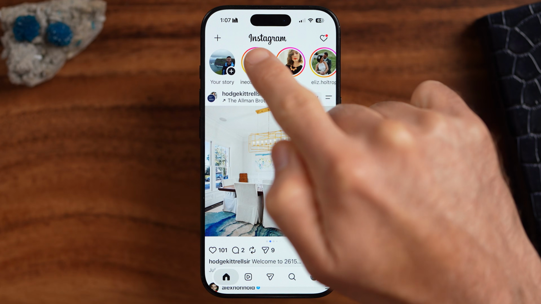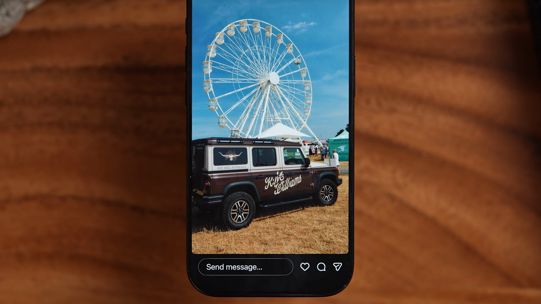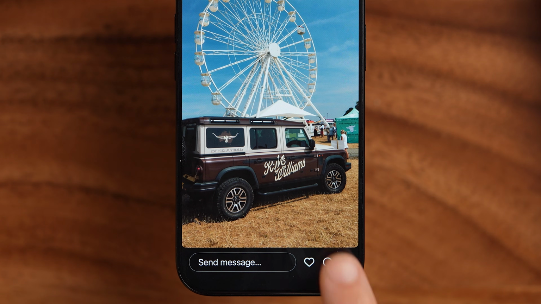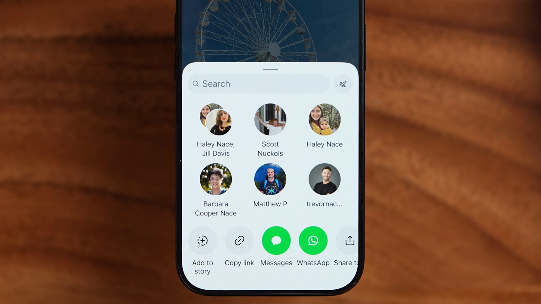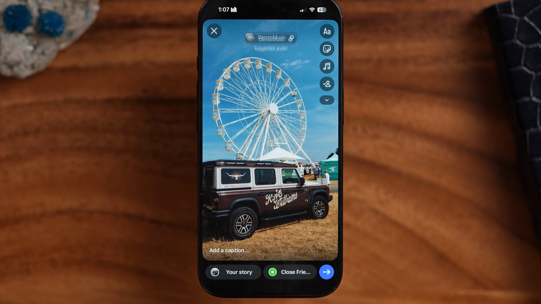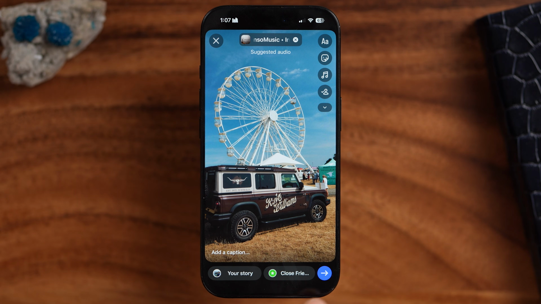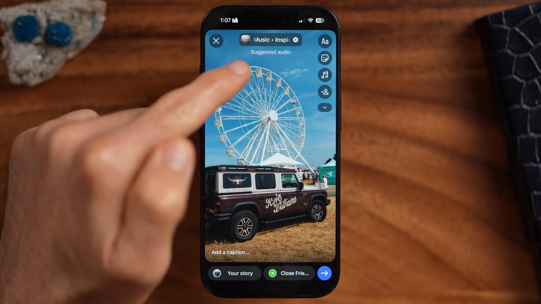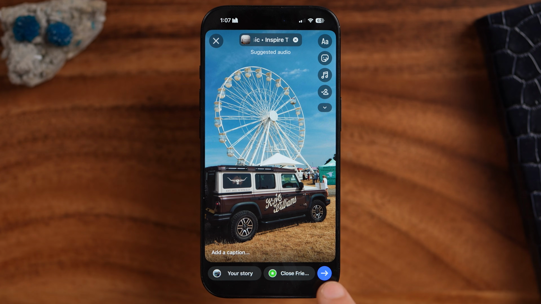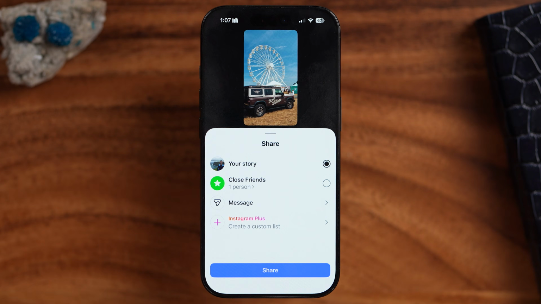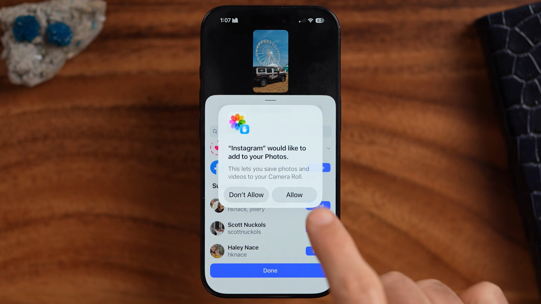So for instance, let's open up the Ineos story here and tap on the little share icon at the bottom right. You can see that little message icon. From here, I can choose add to story. When I do this, I can add music, captions, etc., and I can change the audio depending on how I want. After I hit the share button, I can share it to my story